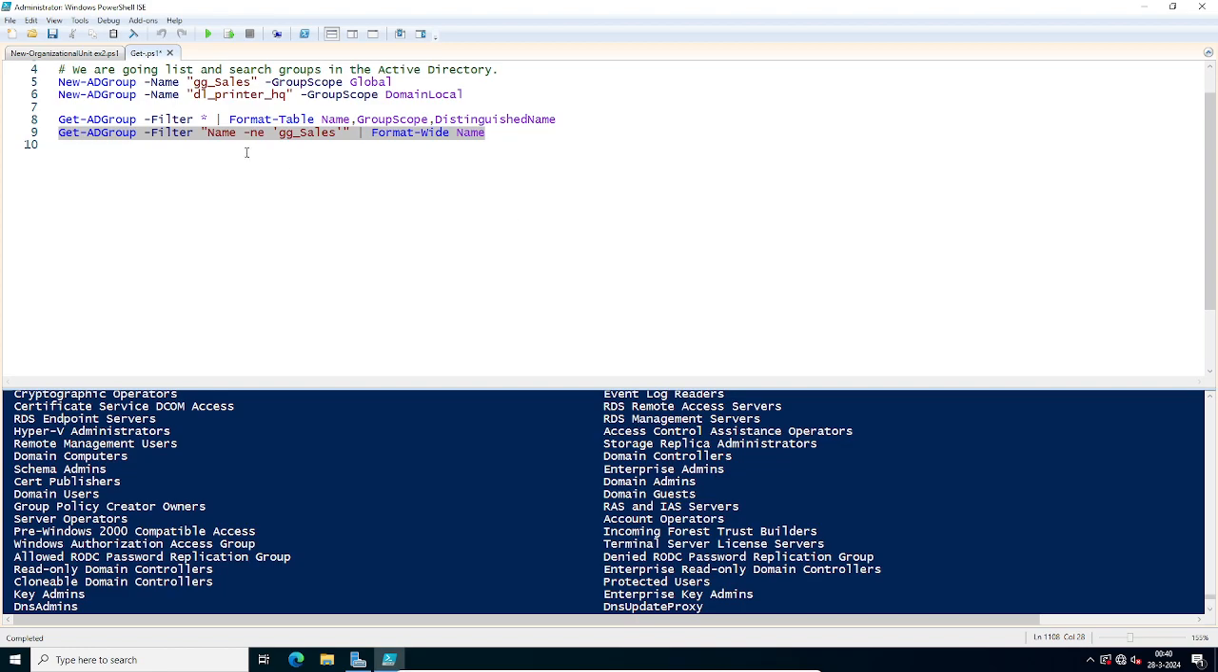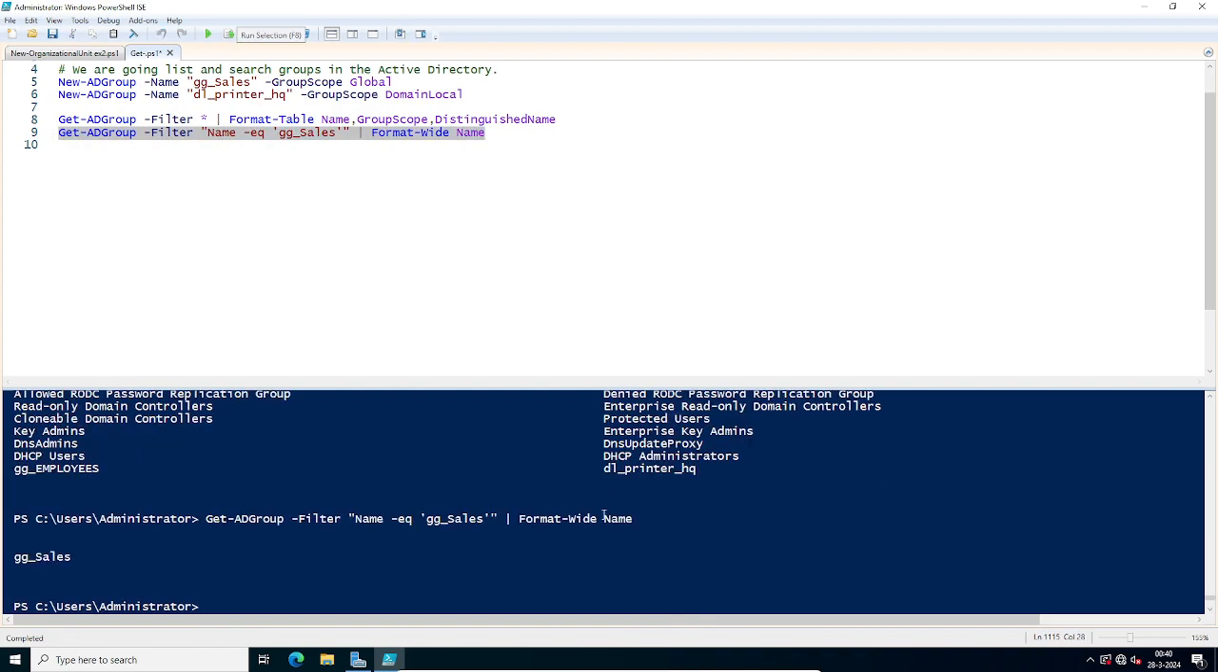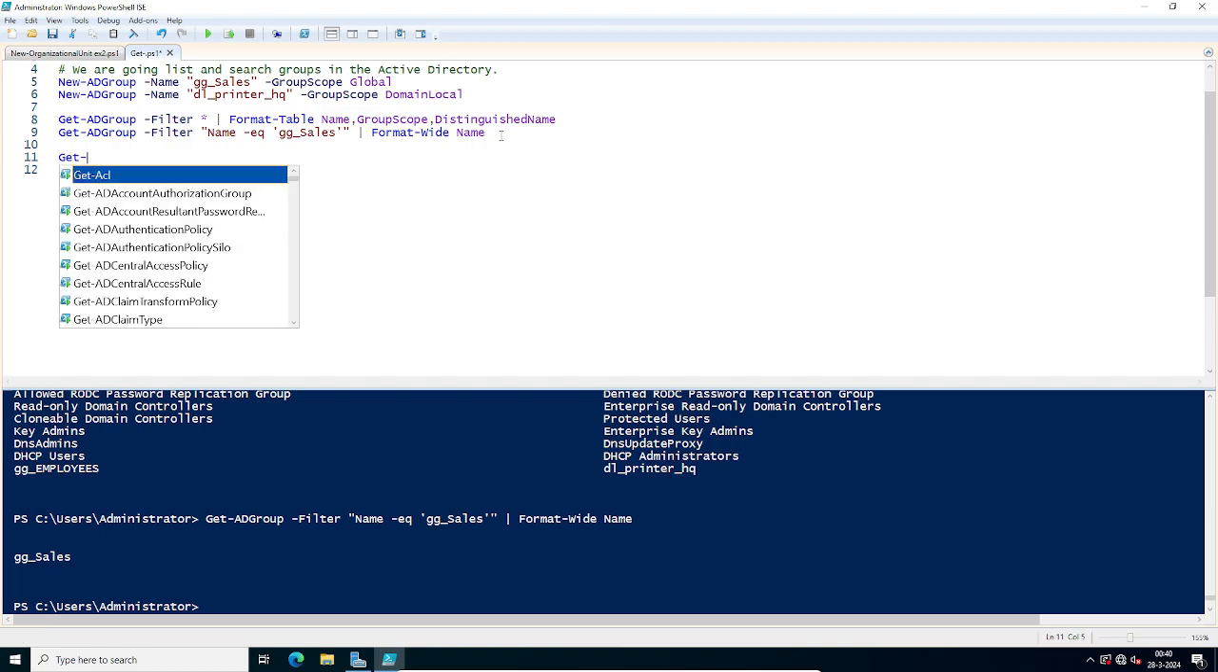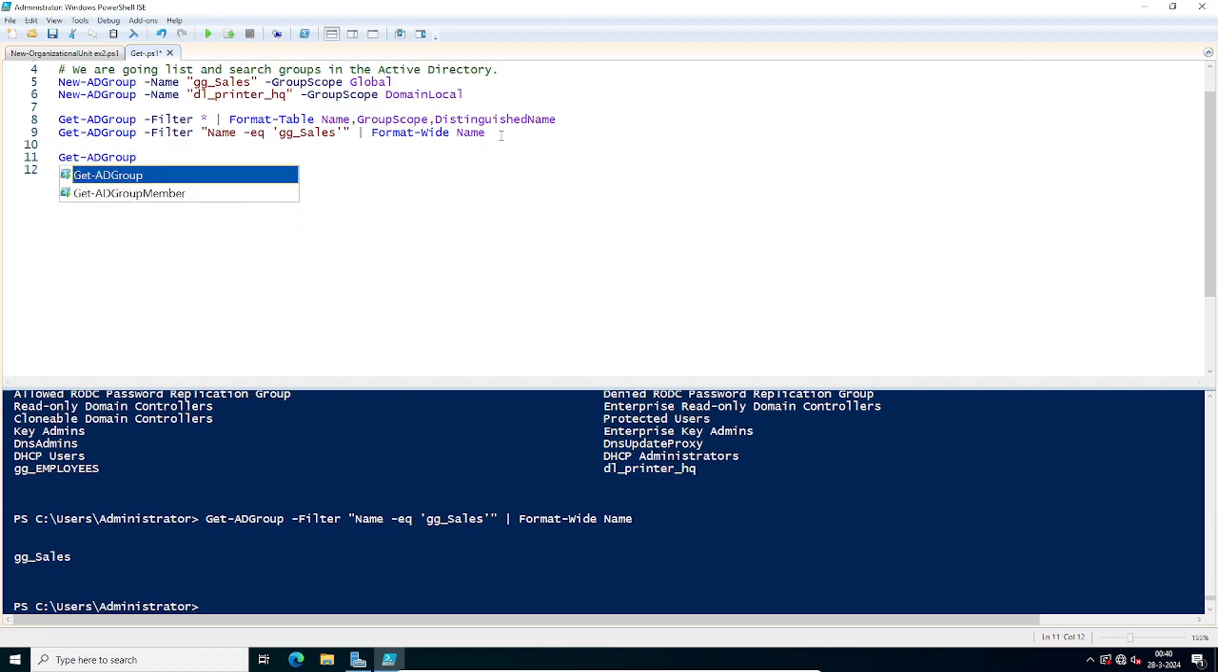You don't use that often, not equal. Let's set it back to equal, search again, and you see we get only the GG sales group. Let's use another filter, and this one is very useful because we can